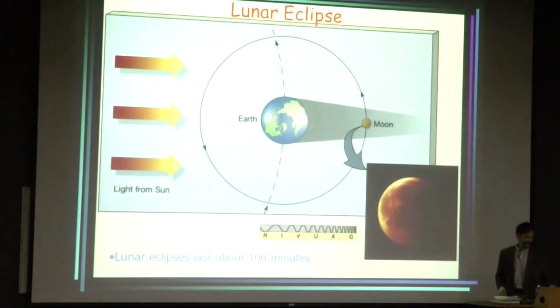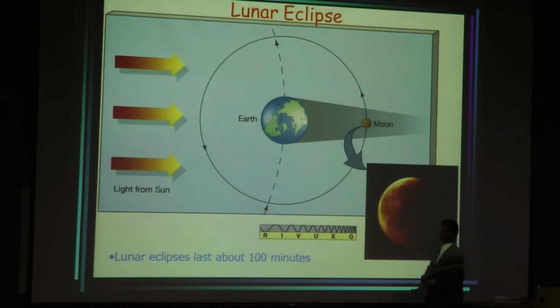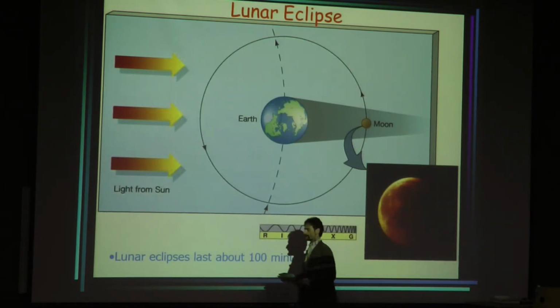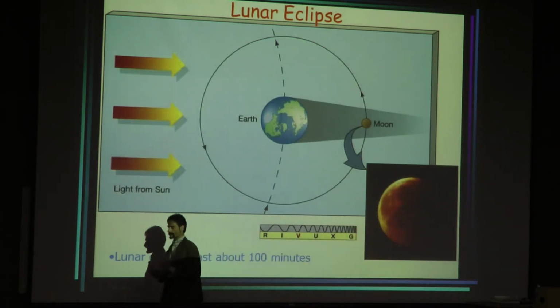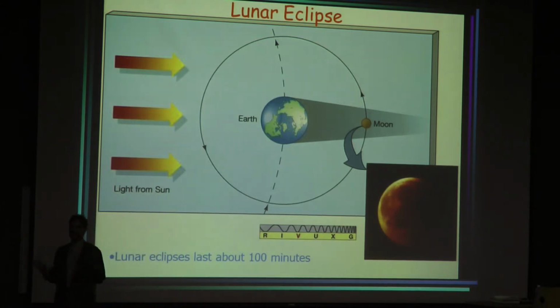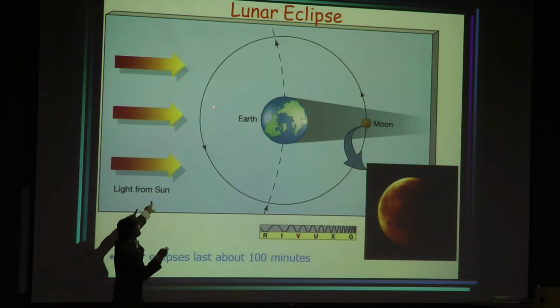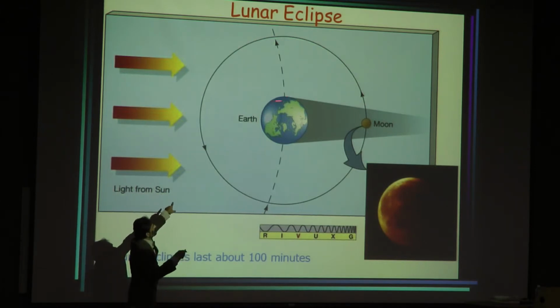We'd also have this funny reddening that occurs during lunar eclipses, because although the moon is in the Earth's shadow, there's a little bit of light that gets refracted or bent through Earth's atmosphere, which acts kind of like a lens. A little bit of red light actually makes it through, gets scattered, and illuminates the moon. The blue light is removed from the beam to create our nice blue sky, a process we'll talk about later in the semester. So the blue light doesn't make it to the moon, but the red light does, and so we can see